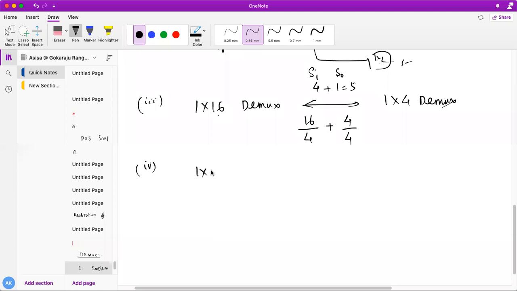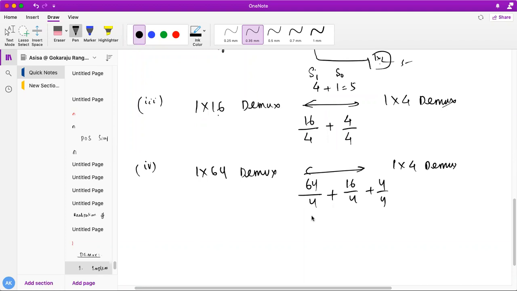So how to design a 1x64 demux? It's very simple. You design it using 1x4 demux. How many demuxes required? This type of question will come up in the exam, students. 64 divided by 4, then 16 divided by 4, then 4 divided by 4. Very simple. Here we require 16 plus 4 plus 1. So total 21 1x4 demuxes we need. Okay. So these are actually up to demux. Okay, there is not any particular more in the demux, students. Mainly demux will be